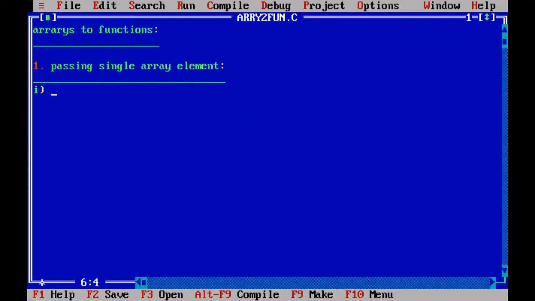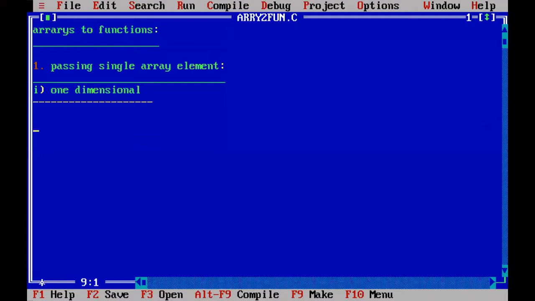First we will see a single dimensional array: passing a single element in a one dimensional array. In a one dimensional array, how to pass a single element of an array, we will see by using a program.